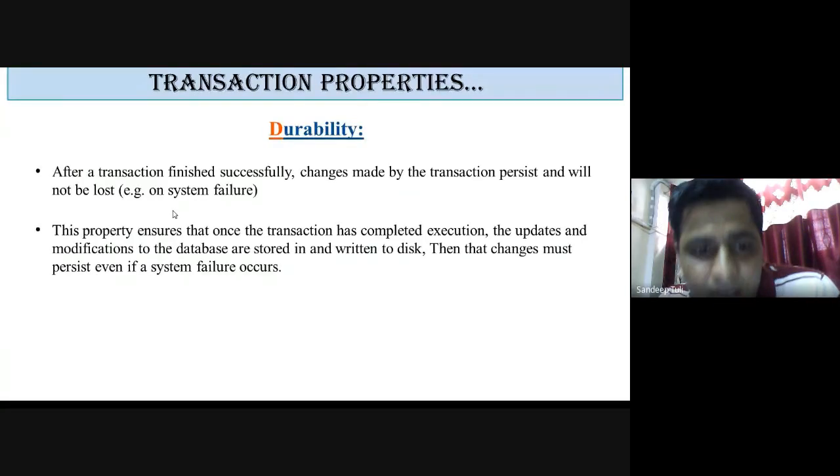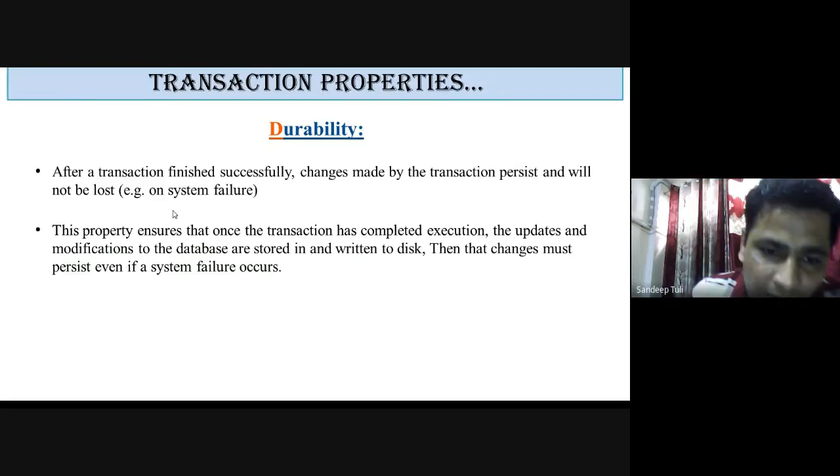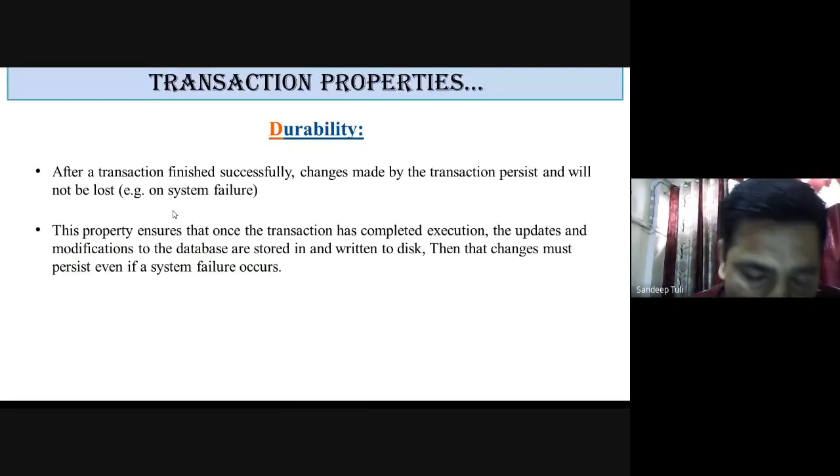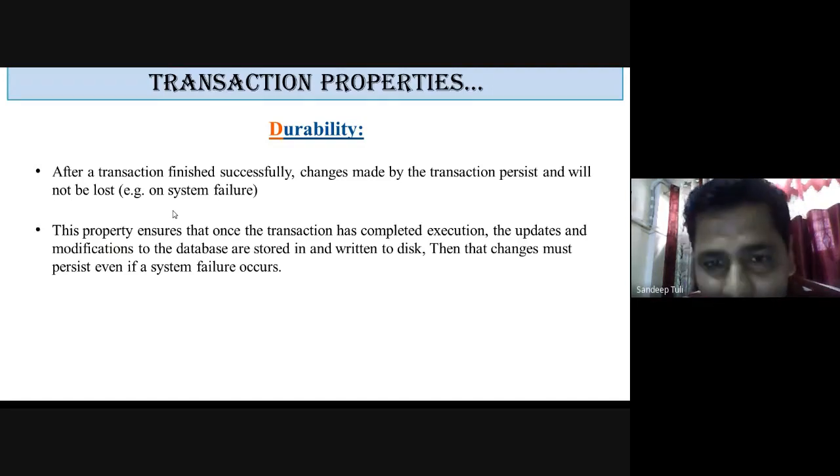Like suppose again we take the example of an ATM. Once you have withdrawn the amount of 1,000 from your account, even if the system fails after that, suppose you have got the hard cash also, it must not be rolled back. ऐसा नहीं होना चाहिए ना कि आपने पैसे भी ले लिए हैं और फिर आपका अकाउंट वापस से डेबिट करे या क्रेडिट करे अकाउंट. So once the transaction has committed successfully, all the changes made in the database must persist in any case and will not be lost.